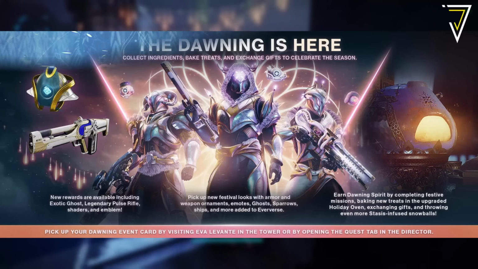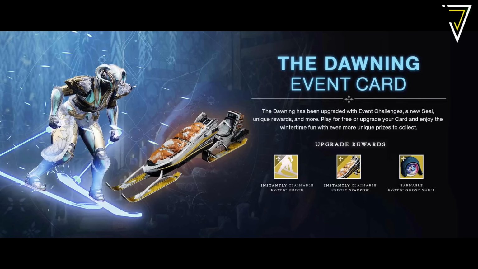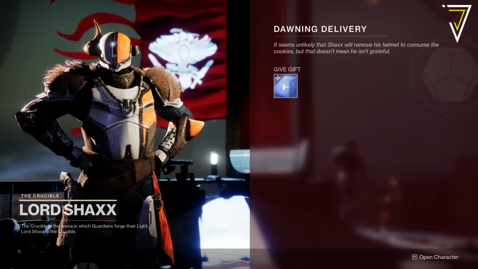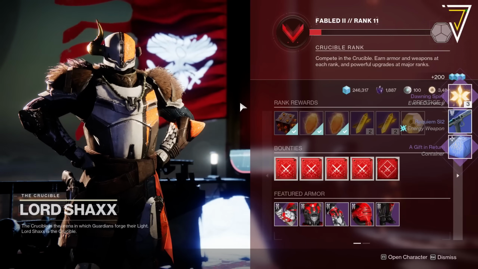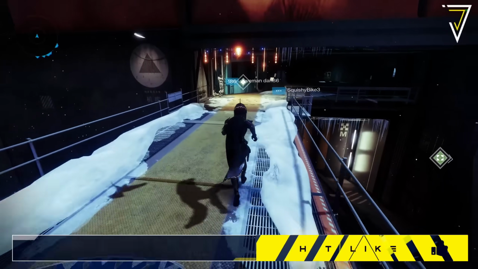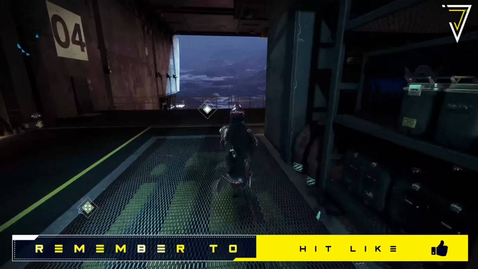Unlike in previous years' events, we also have an event card. This can be upgraded with the event challenges. You can earn a new seal and unique rewards. And if you do upgrade it, you'll get instant access to an exotic emote, an exotic sparrow, and even an exotic shell. The Dawning will kick off on the 13th of December and run through until the 3rd of January